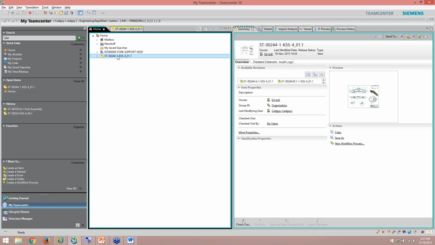Okay, second question we have in our queue is, what database will I have to have in place? Like I was saying before, Teamcenter works off of a SQL database, but it can also work off of an Oracle database. So SQL 2008, 2012, preferably 2008 R2, just from past experiences.